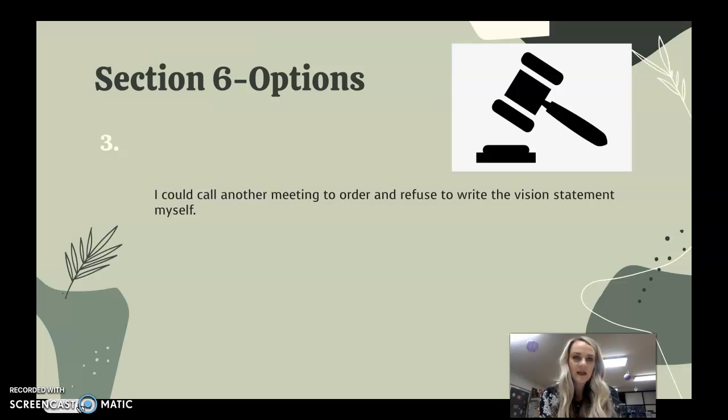My third option would be, and not my favorite, but I do think that this could happen, is I could call another meeting to order and just blatantly refuse to write the vision statement myself. I do realize that refusing to do something is an act of immaturity in order to gain what we want, very toddler-like. But I think that I could also provide this as a learning opportunity,